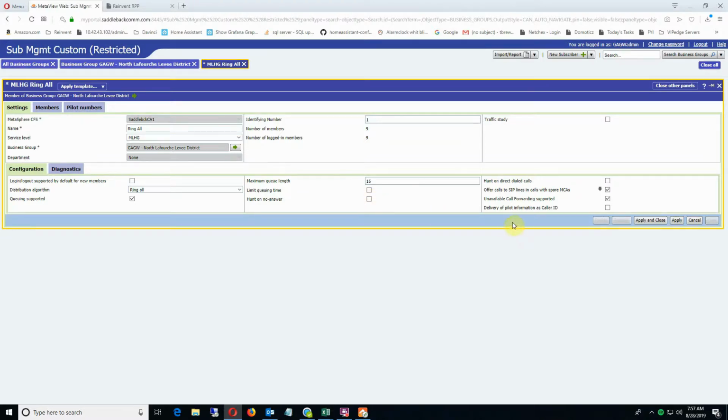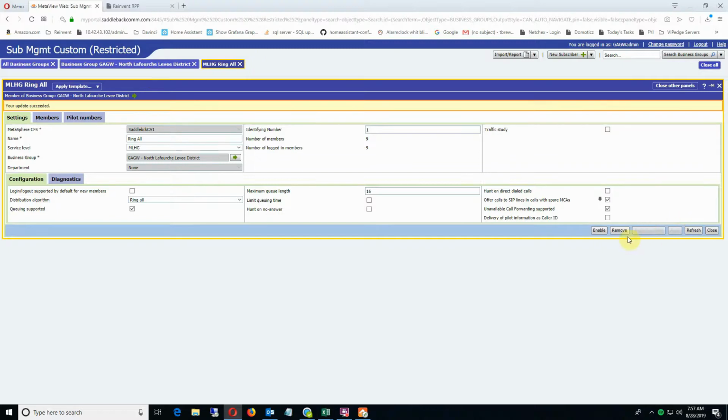And basically what that will do is it will treat the hunt group as it rings in and stacks the calls up, and any kind of forwarding is done on the actual pilot number itself as opposed to the hunt group. So we'll go ahead and apply